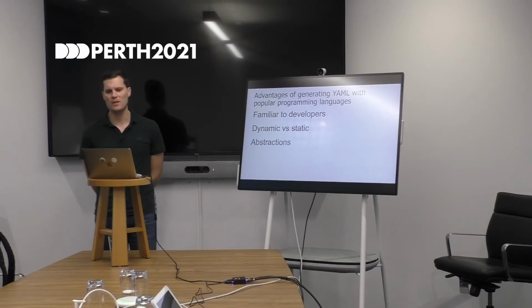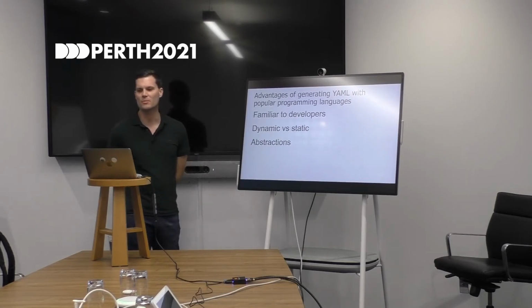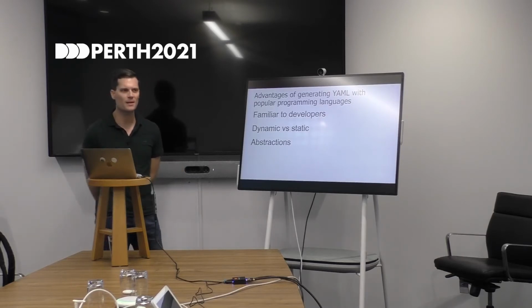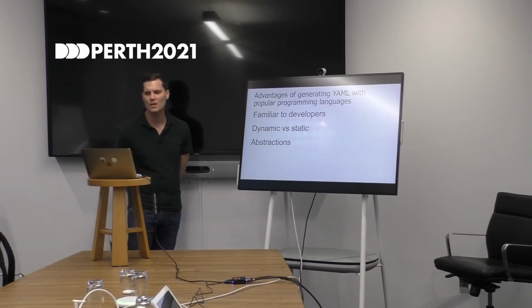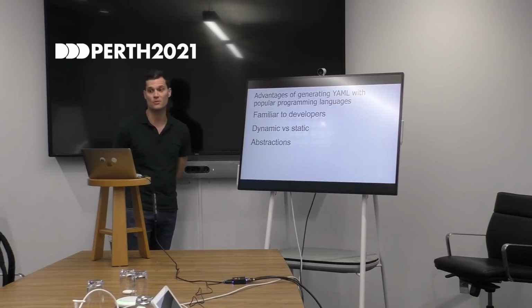We can also use abstractions. This allows us to turn best practices into code libraries. And also the DRY principle, don't repeat yourself. If you need to provision 10 of something, such as like a VPC with a database, maybe some EC2 instances, we can create a construct and then we can provision 10 of the construct. We can also test the construct.